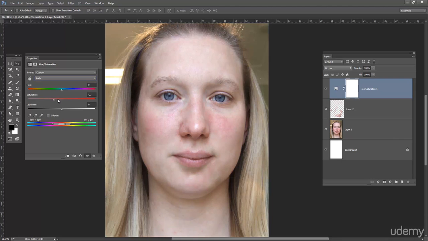So now the skin is just kind of, you don't want to get to this point, but I just take it down a little bit so the red blends a little bit. You might want to bring up the lightness, you can just play with it a little bit. And later we're going to put something on top of everything to give it a nicer tone. This is a little bit too light to just leave it like this. But you can see the coloration here is going down just a little bit